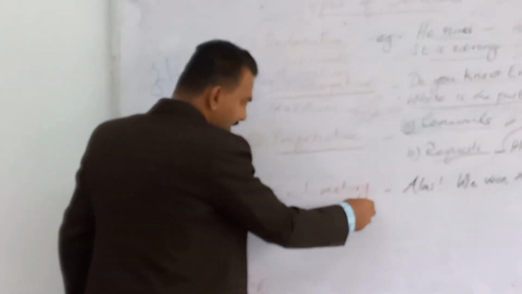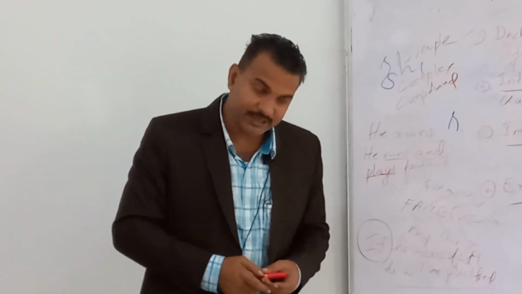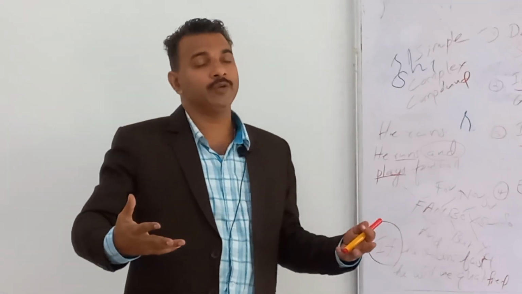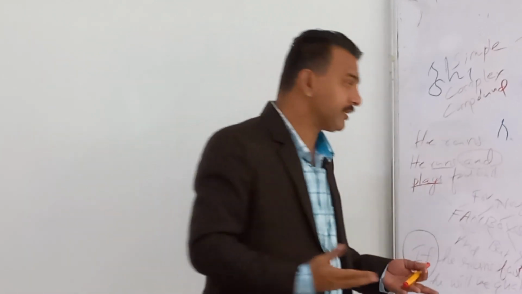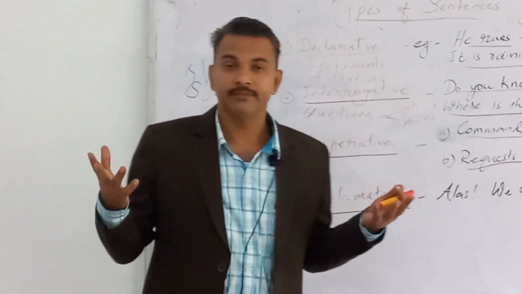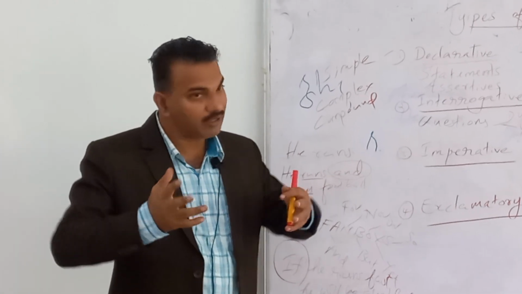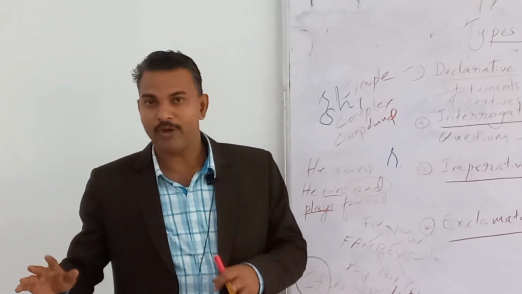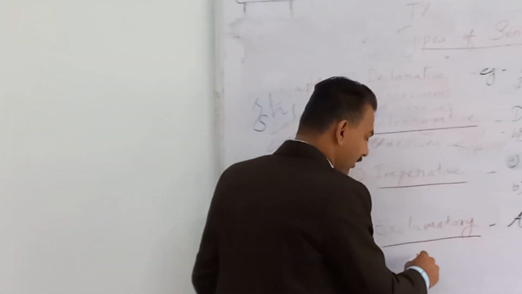And the fourth one is exclamatory, which doesn't need a lot of elaboration or explanation. You can understand these are all exclamatory sentences, where you come up with an exclamation, a lot of excitement. You say, alas, we won the match. Wow, it was a bad day. Hooray, we won the match. So it can be either of joy or sorrow or excitement or disappointment or disgust. So any strong emotions